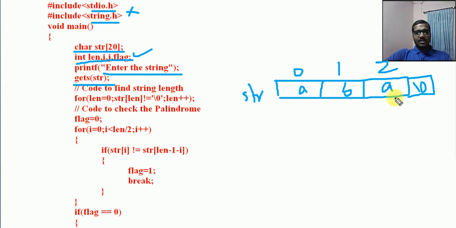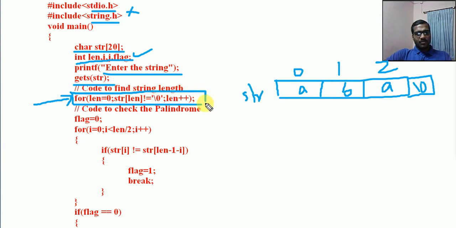Then we are getting this string. Now look at this statement. This is one logic. We will see another example later where we are finding the length of a particular string. Now this is a different logic where we can easily find out the length of a particular character array. Just look at this statement very carefully.